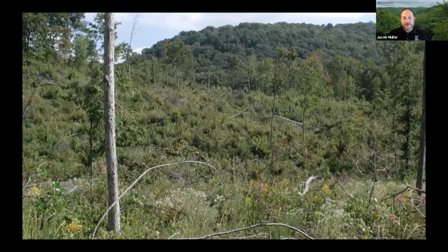Right, so forests aren't all the same, right? They start off in different conditions, growing conditions. Some have had past management, some have had disturbances that create openings or clearings in the forest. Some are mature and dense and ultimately really unhealthy forests. So depending on where the forest is at, that will help lead us down a path of silvicultural practices to